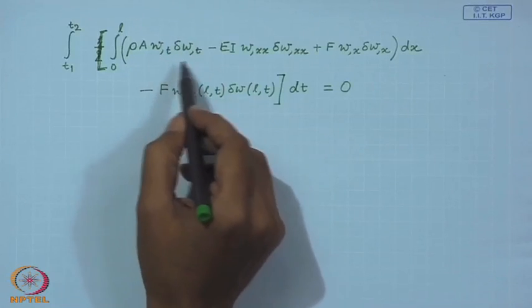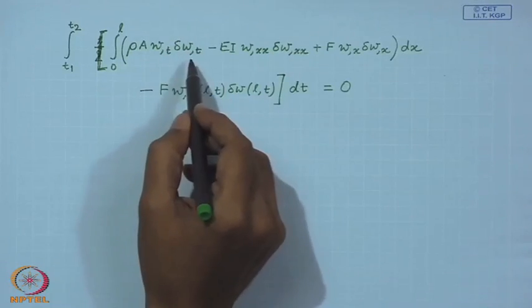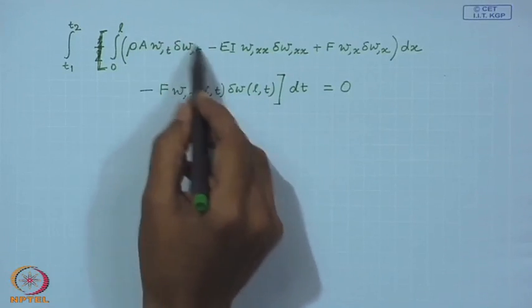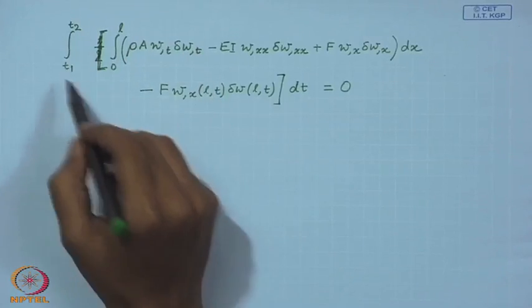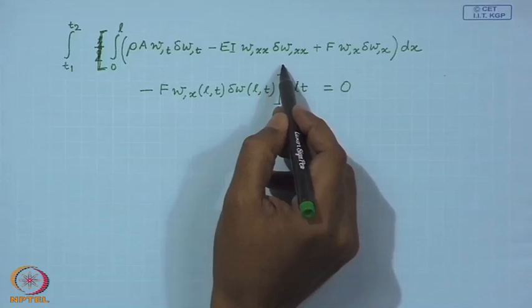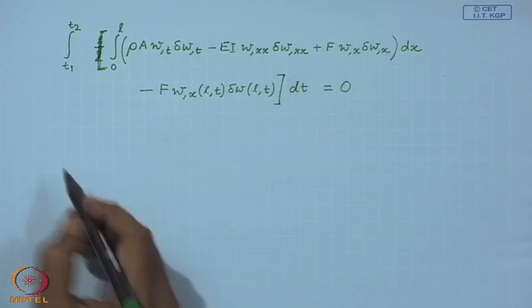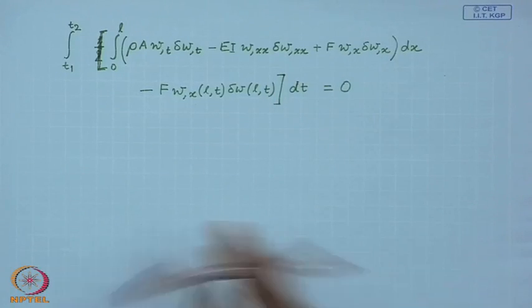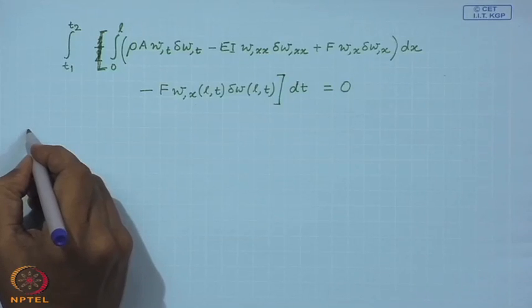So, I am not going to write the boundary term generated from this term at T1 and T2. Then this has to be integrated by parts with respect to space, and similarly this. So, if you carry that out,